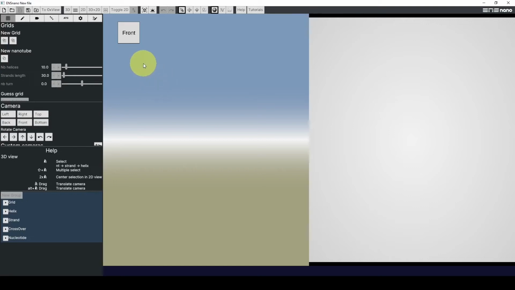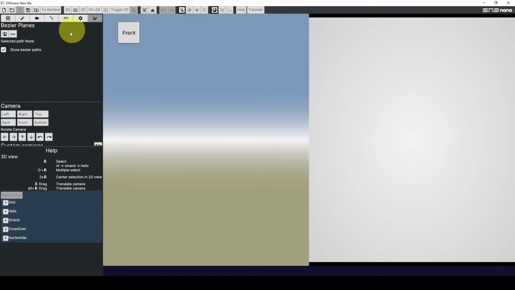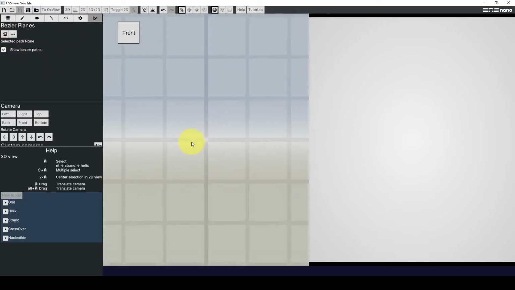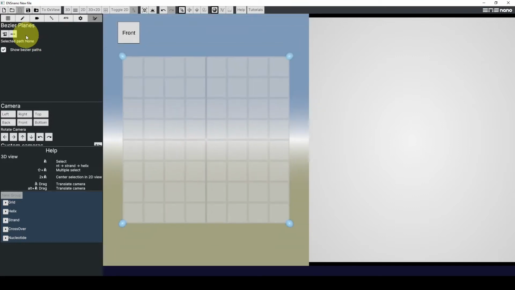In this demonstration, I will show how to create and edit Bezier curves in ENSnano. The first step is to create a plane on which we will position the points of our curve. Then, I position the points of the curve,